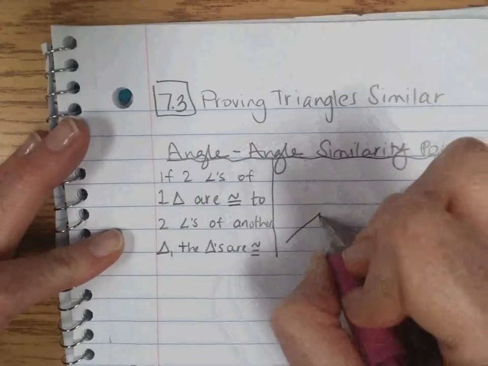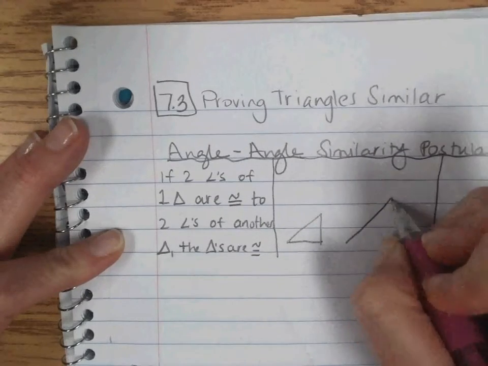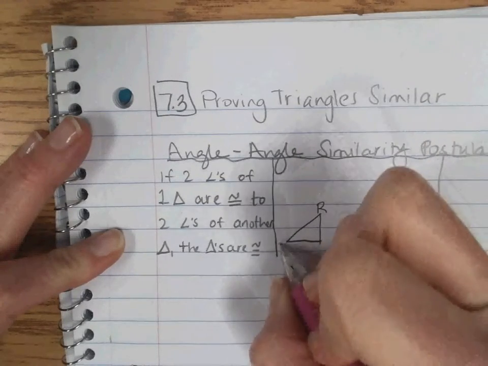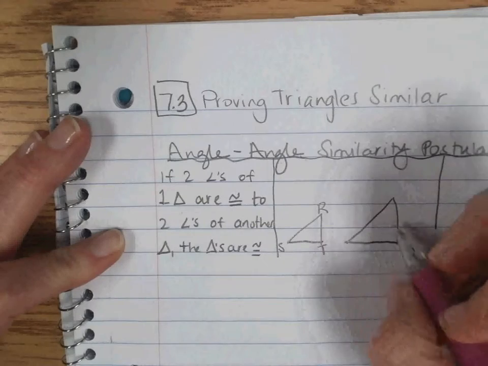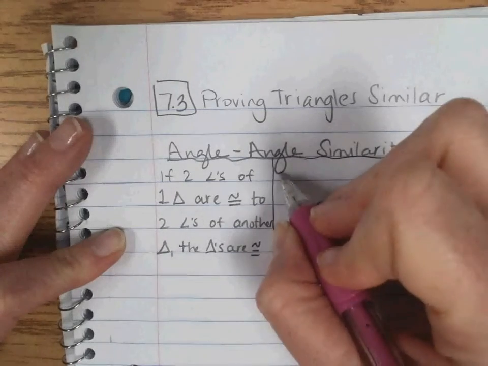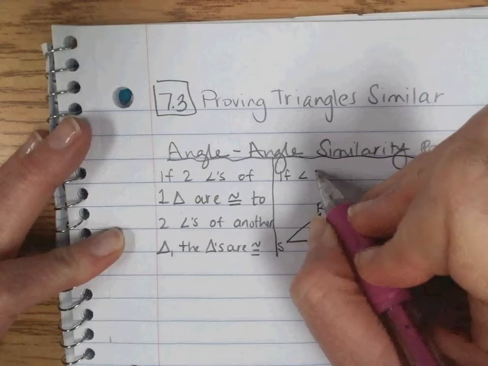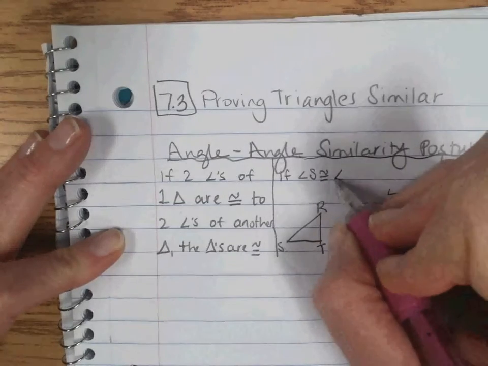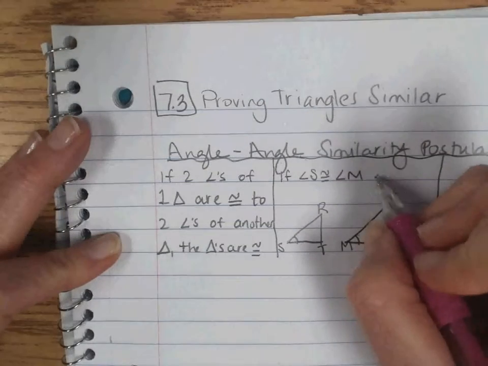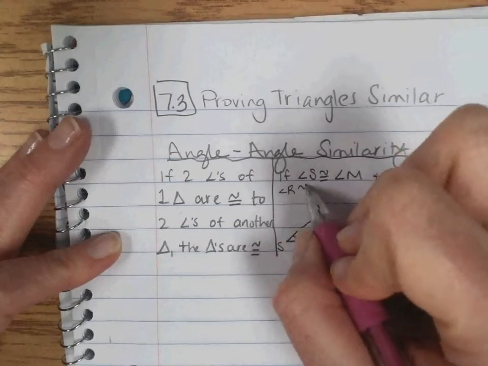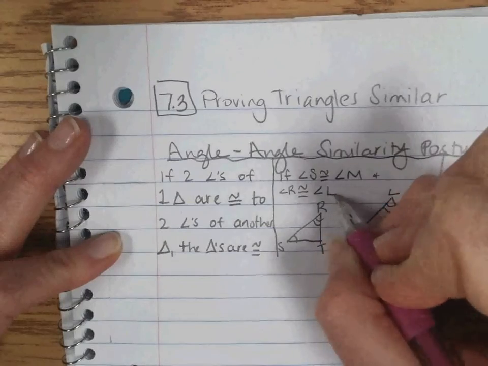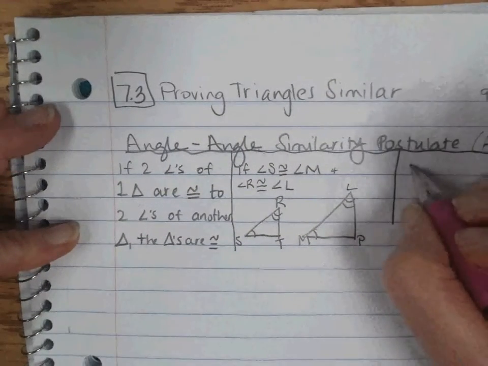Alright, so let me draw two triangles here to demonstrate for you. So let's call this one RST, and we'll call this one LMP. And so we'll say if angle S is congruent to angle M, so that's these two angles right here, and angle R is congruent, so this angle right here is congruent to angle L, then